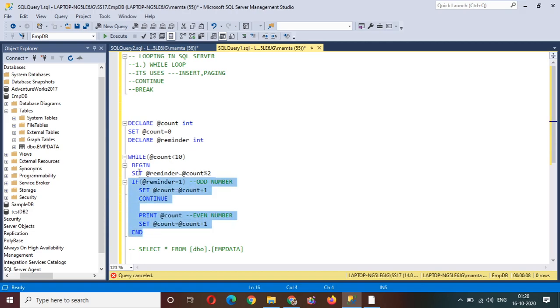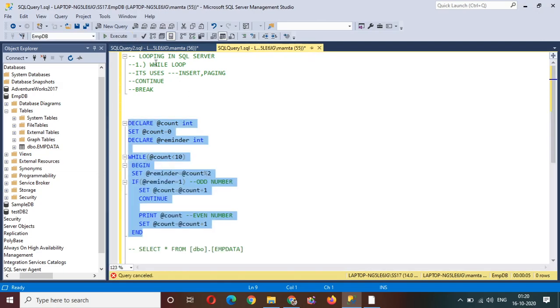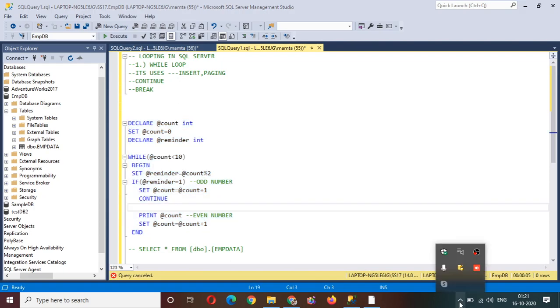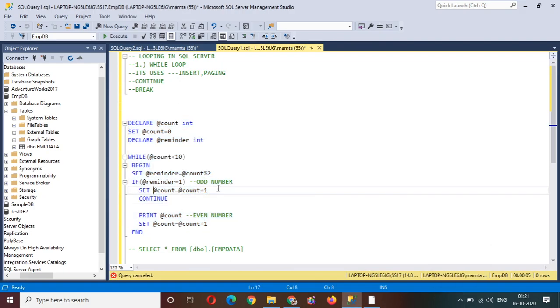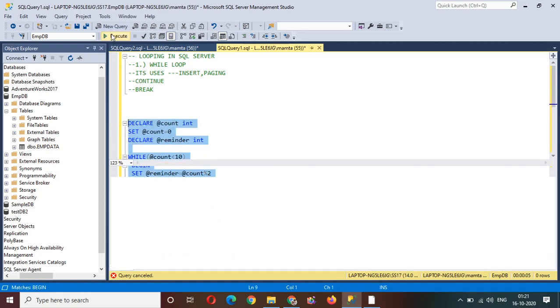So let's go ahead and execute it. There's some error here, just give me a second. Okay, let's see what the error is. The if condition is this: if it is an odd number, I wanted to include it in my body in a begin and end. So I think we need to put this inside the begin and end clause. Now go ahead and execute it.